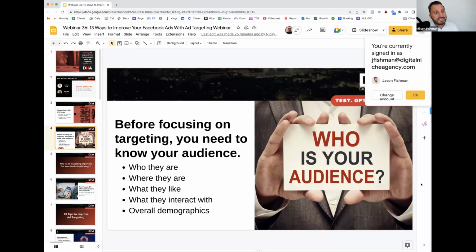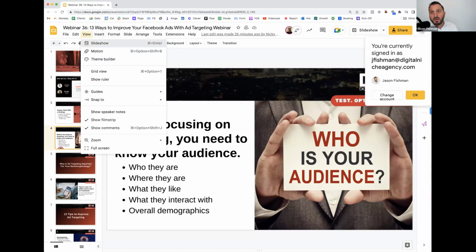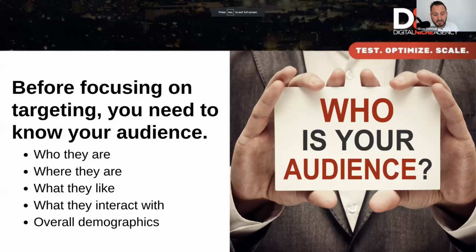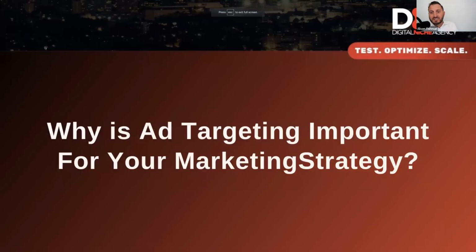Here are the types of music they listen to. Here are the type of movies they see. These are the places they travel. Here's the sports teams that they follow. Here are their favorite foods. I've heard all of this in audience persona breakdowns. I've heard a lack of it by many groups as well too. And every one of those things I just mentioned is targetable in one way, shape, or form. Even the ability to create custom audiences and some of the background that goes into that development.